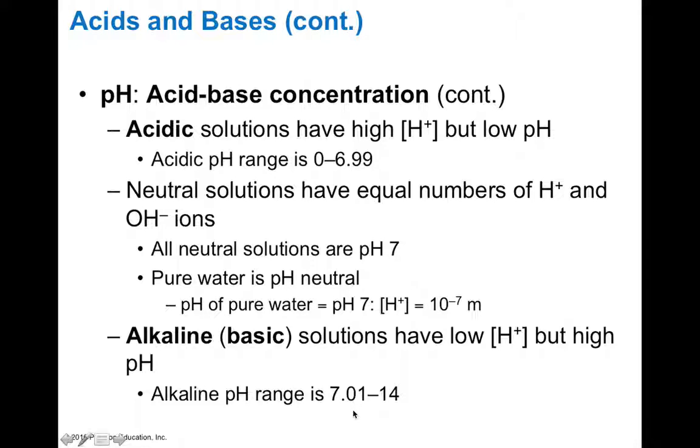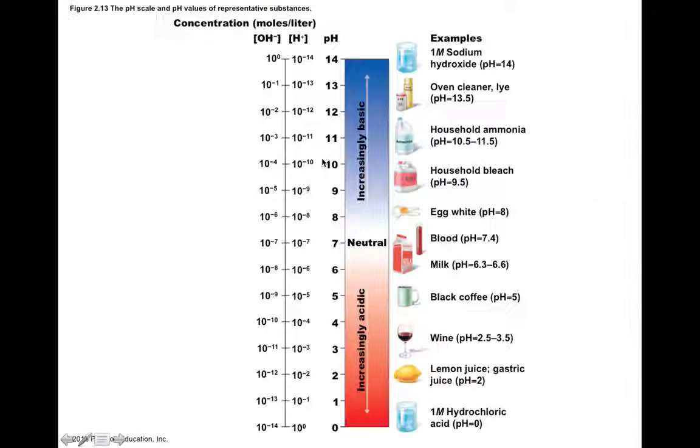So we don't really refer to blood as acidic. It's actually a little bit more basic than the neutral end. However, there are other solutions in your body that are more on the acidic end, like stomach acid, which has a pH of 2, so it's very acidic. So this is just showing sort of a sliding scale of our pH.